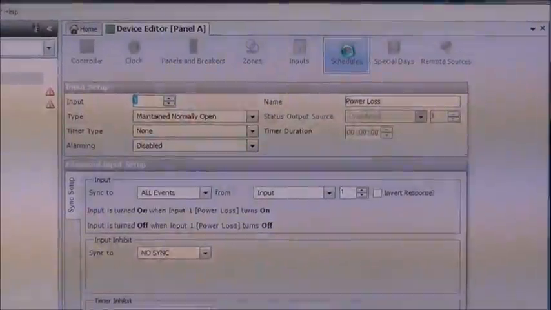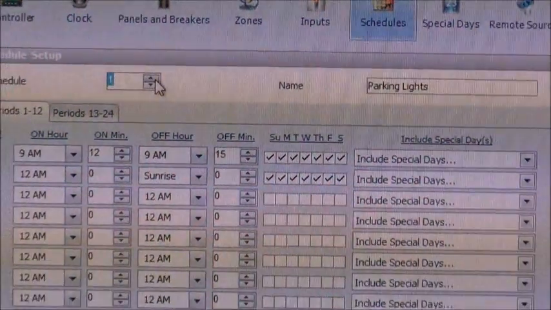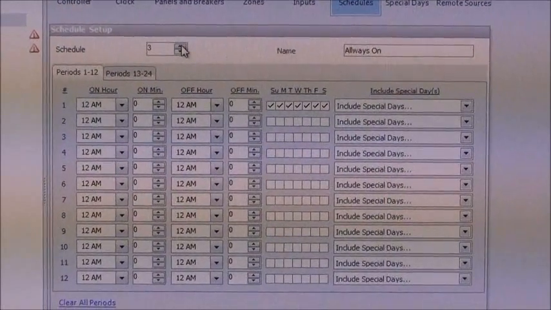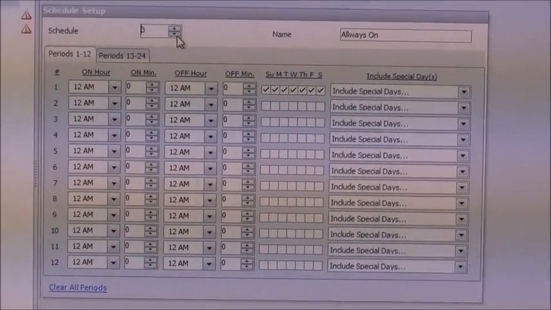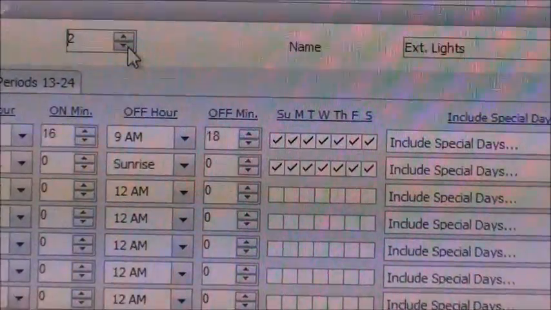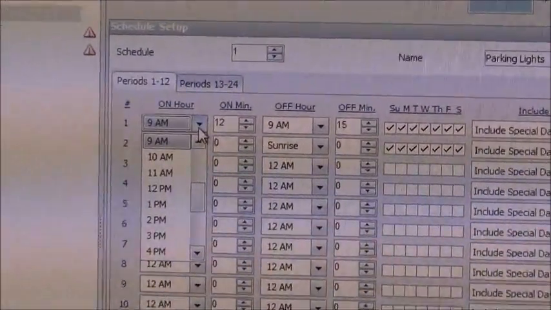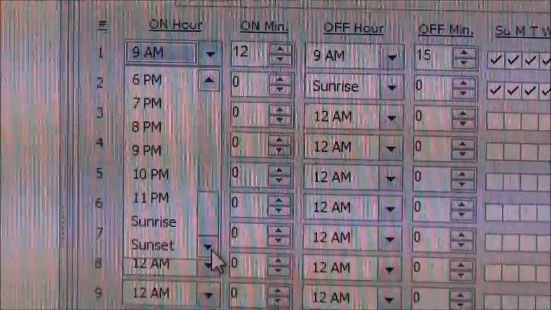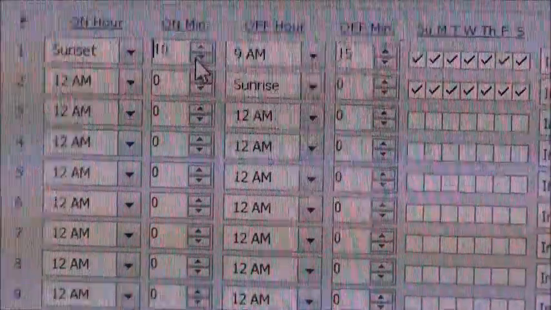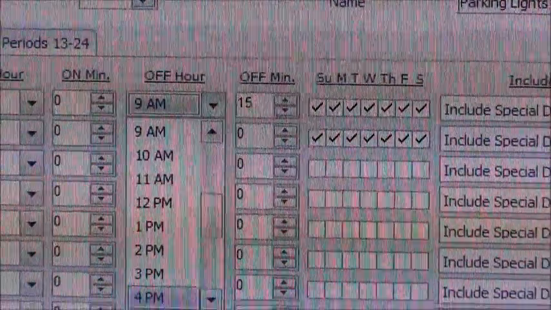Here are the schedules. Panel A has 3 schedules, one for the parking lot lights, one for the exterior lights, and one that's labeled always on. And right now the flagpole is going to be on the always on schedule. The way you make a schedule is you have your on hour. What we're going to do with the parking lot lights is at sunset we want them to come on, and we want them to go off